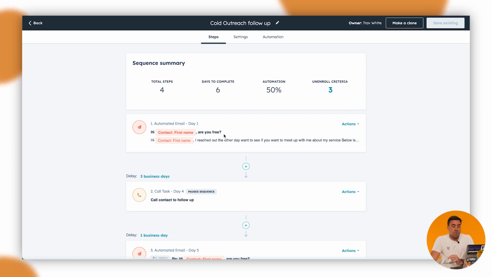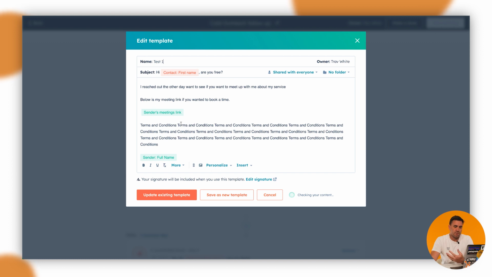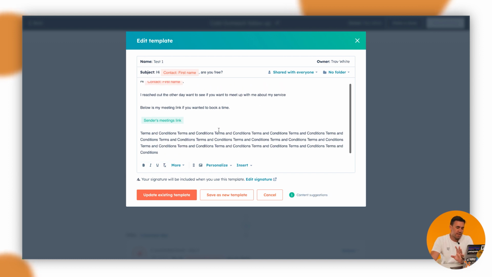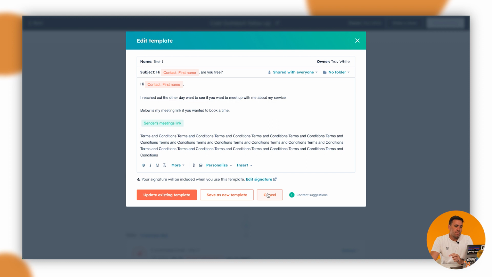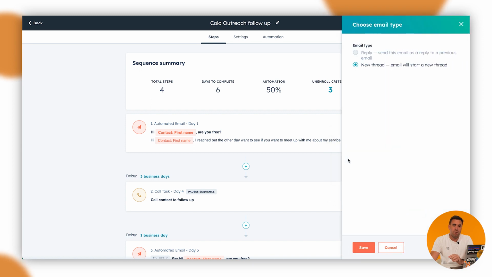In these instances, what we've got is an email here. This is the email that we're writing, and this is a lot of just dummy data for this instance. But what you will notice as well is that up at the actions area, you'll see a drop down that says email threading. Now, obviously this is the first email in the sequence, so you're not replying to anything in this instance. It's a new thread, so it will start a new thread and have nothing underneath it.